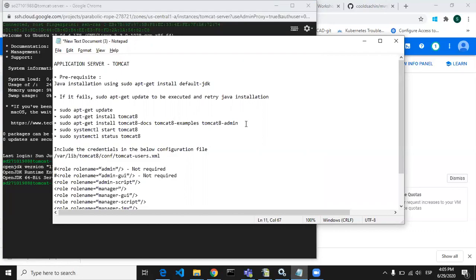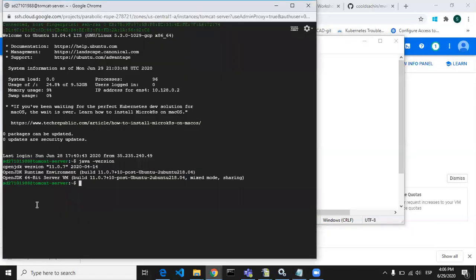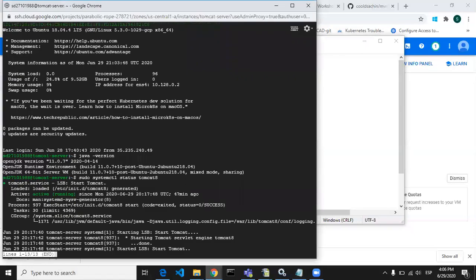So after this command, your Tomcat will be installed. To start your Tomcat, you have to run the command sudo systemctl start tomcat8. Okay. Once it is started, if you want to check the status, you can run the command sudo systemctl status tomcat8. Okay, so you will see it like this. The active status will be active (running). So this means your Tomcat is running now.